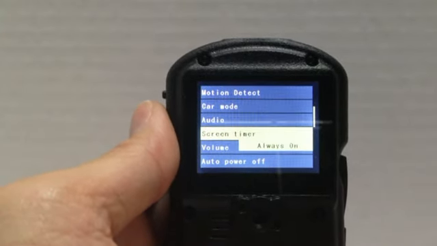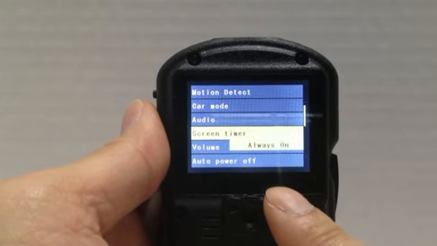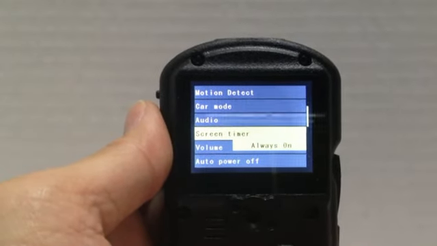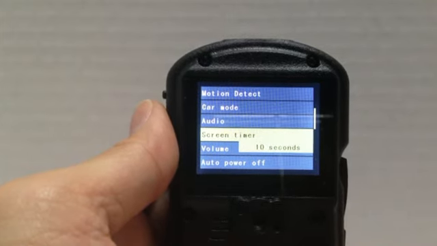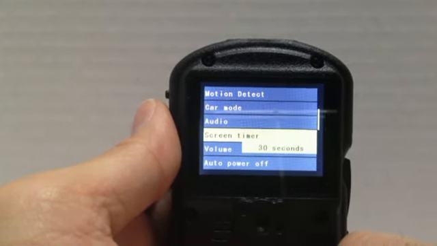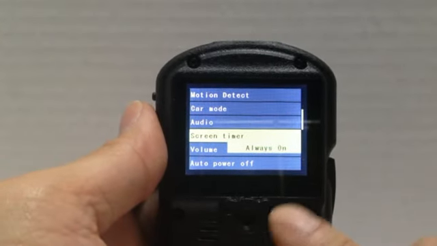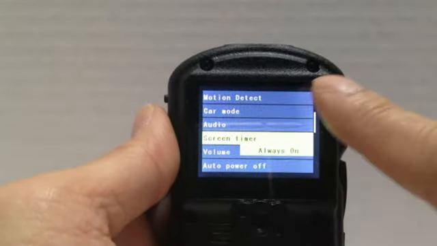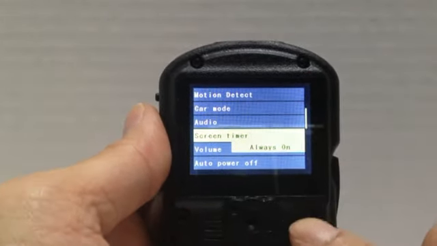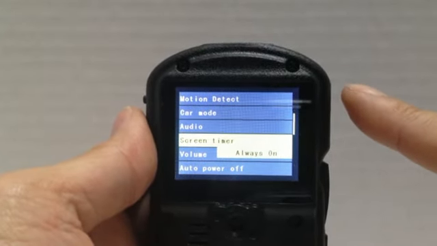The next one is screen timer. By default, screen timer is always on. The settings are always on, always off, 10 seconds, 30 seconds, and 1 minute, and back to always on. Now I'm going to explain what screen timer is. Screen timer affects this screen here, the display. If you've noticed, when you activate your OTR switch to begin recording audio and video, the screen comes on